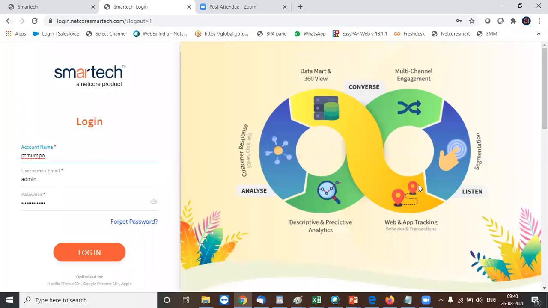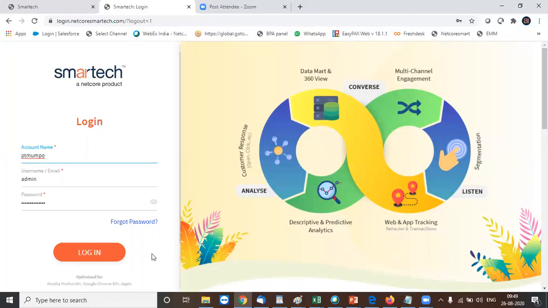Hello everyone, welcome back. This video that I am showing right now is meant for you to understand how easily we can develop an automation workflow, a funnel flow basically, on the platform and make our day-to-day job much easier than what we're doing today, right? So let's see how quickly we can develop a business solution through a workflow model on SmartTech platform.